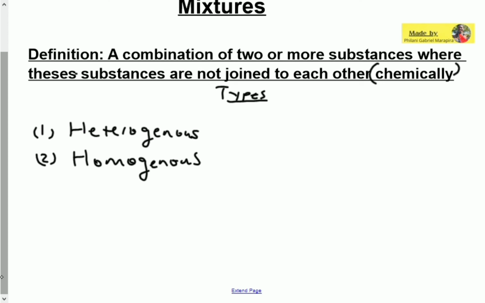So think of a pizza. It has got a topping: cheese, tomato, mushrooms, and peppers. You can actually see that this is cheese, that this is mushrooms, that this is toppings and all that. So that topping is a mixture. It's a heterogeneous mixture because you can identify the components. The components of a heterogeneous mixture are identifiable, or they are not uniform.